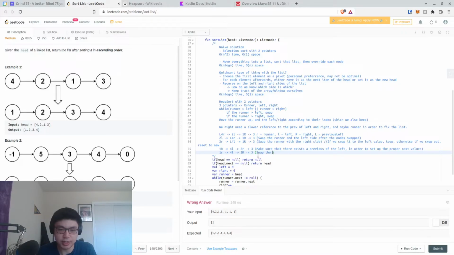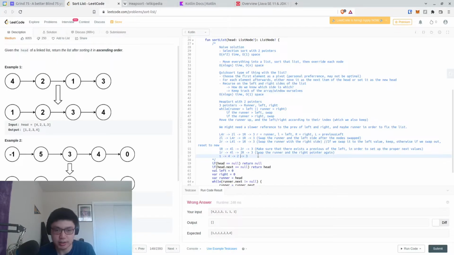So swap the runner and the right pointer again. And then we move up. So now this would be the runner. 1 times 2 is 2, which is plus 1 is